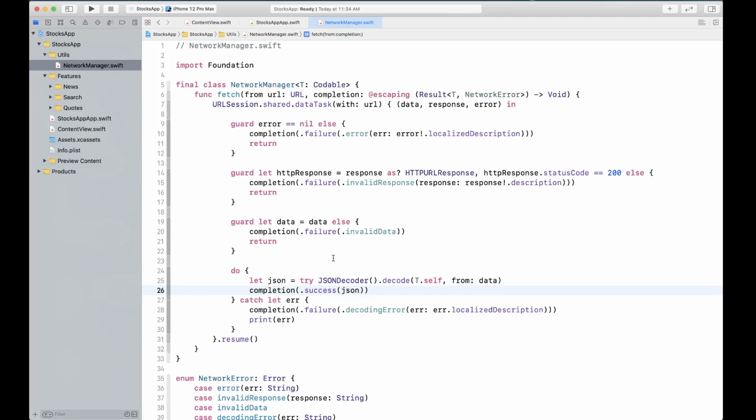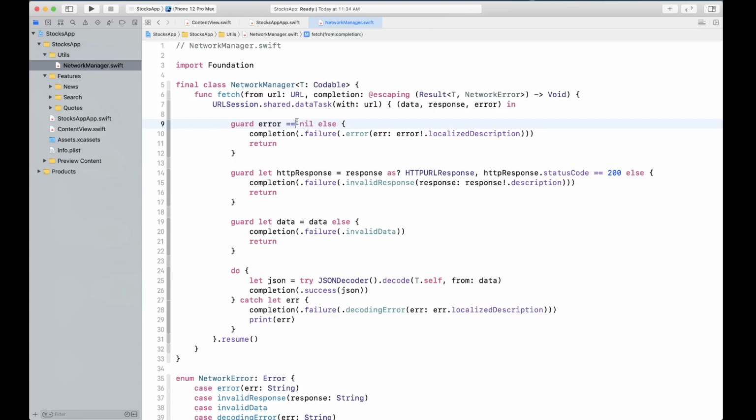And the reason we have done all of this is to make it easy for us to make API calls, and you're gonna see, when we start writing those API calls for quotes and news and, of course, search, how easy it is for us to simply call the network manager, give it a URL, call fetch on it, and we get the JSON response back.